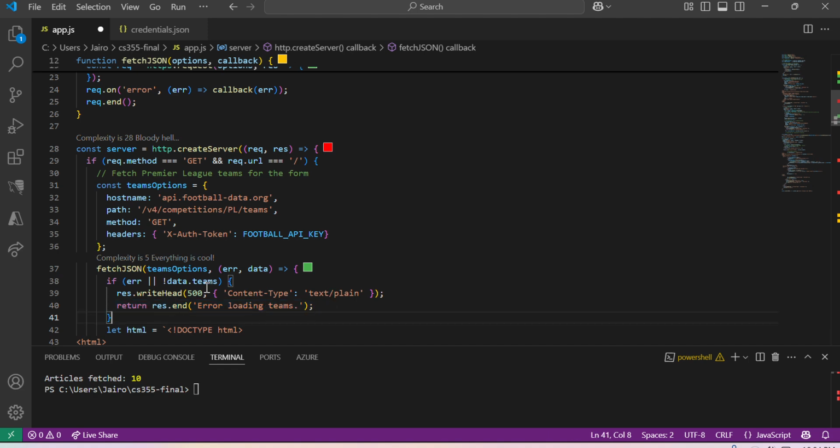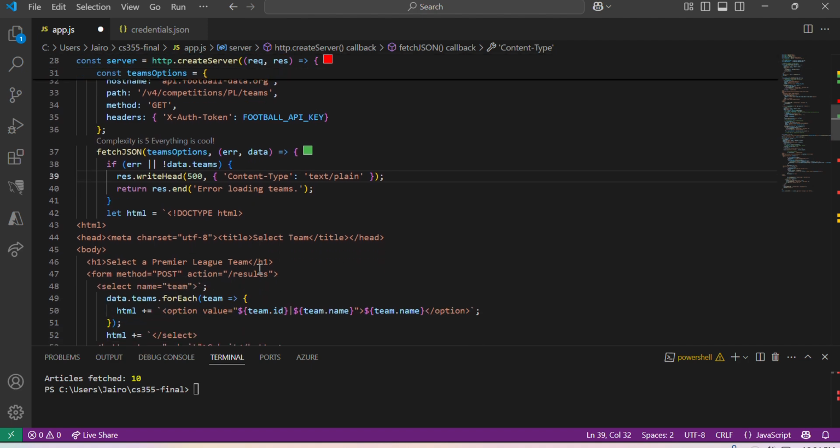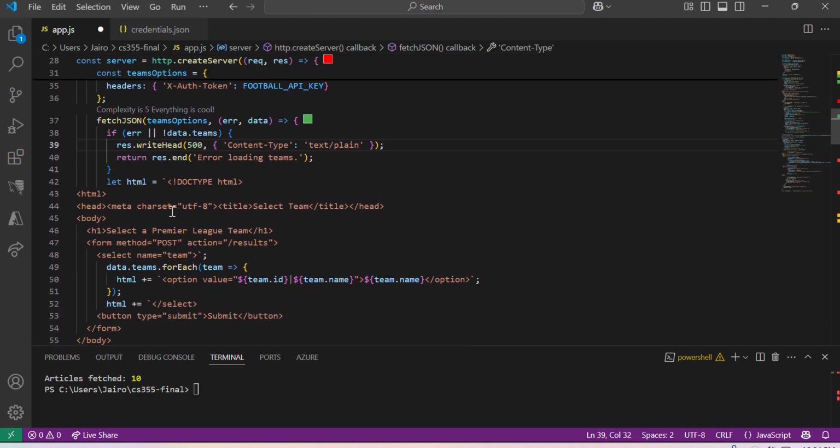And the rest right here is basically the status code is going to be 500, and then we're going to be passing a plain text on here, just basically saying that there was an error loading teams. And then we're going to build an HTML. So probably I made a mistake, or